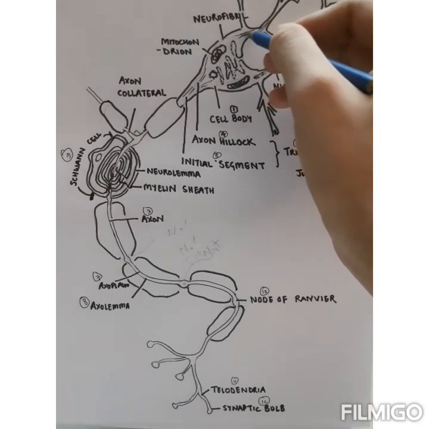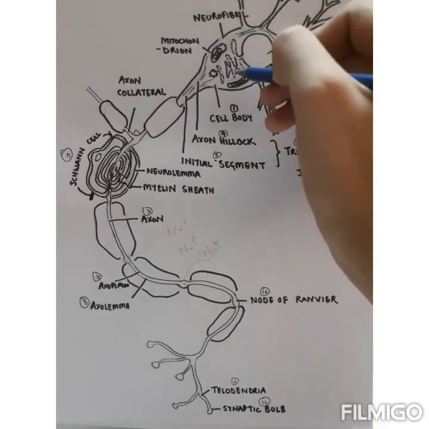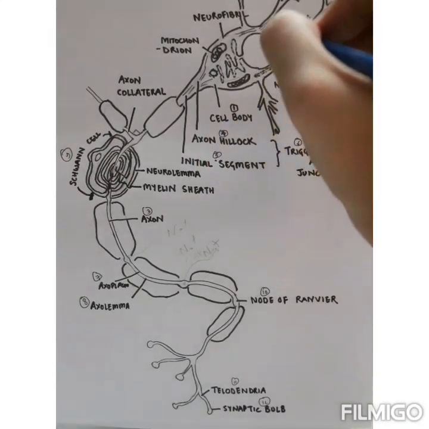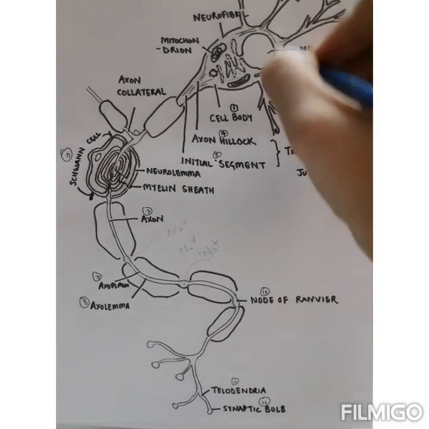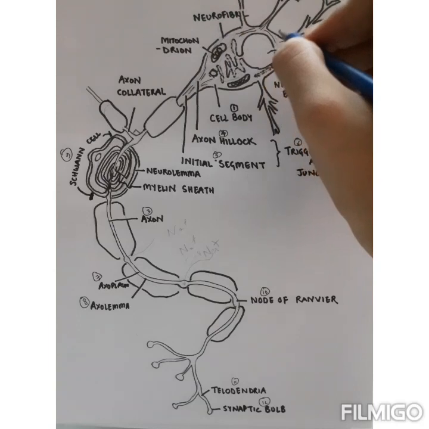The cytoskeletal elements, also called the neurofibril, are of two types. One of them is the intermediate filament, also called neurofilament, providing structural strength and stability, and the other one is the neurotubule that helps with the movement of substances across the cell. Now this cell body is also called the perikaryon solely because this is the part of the cell where the nucleus is present.